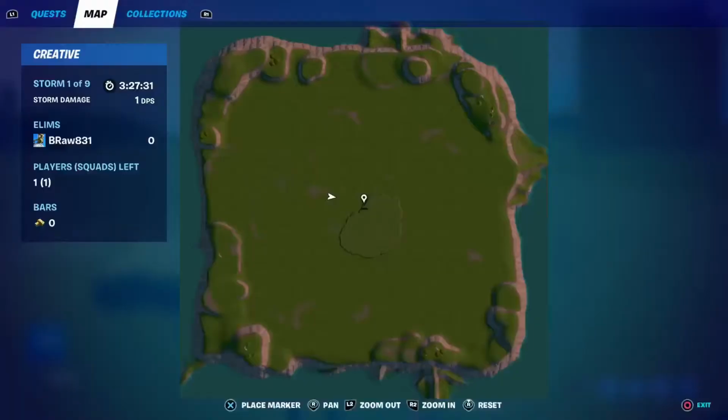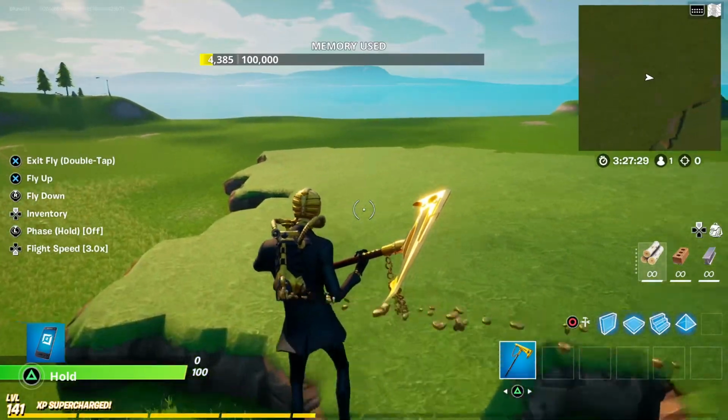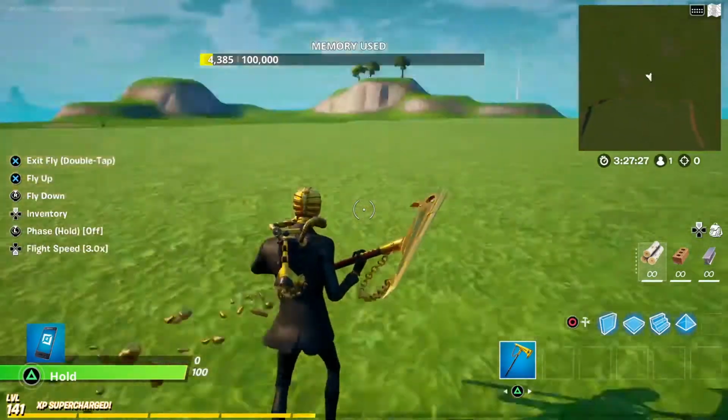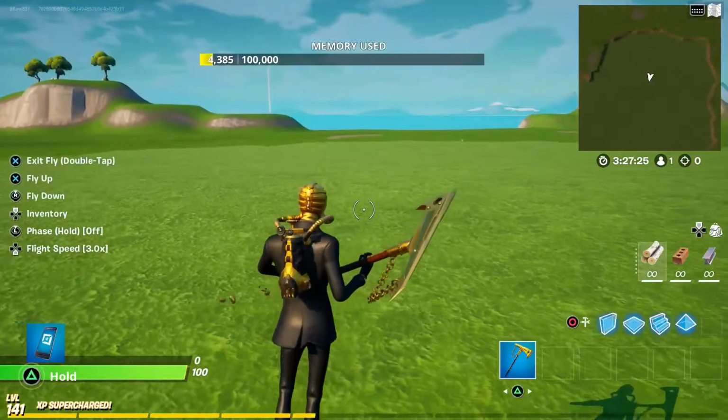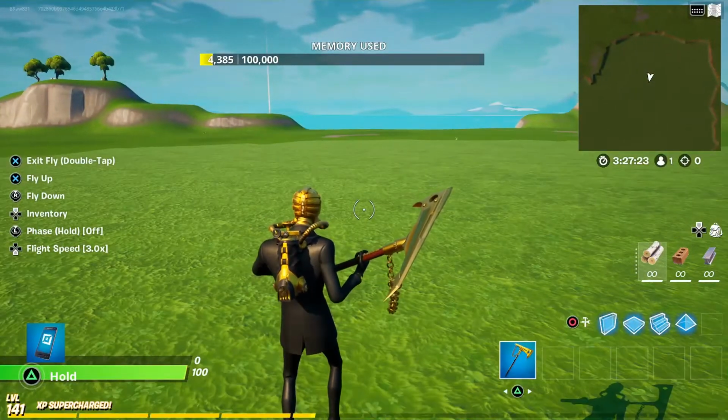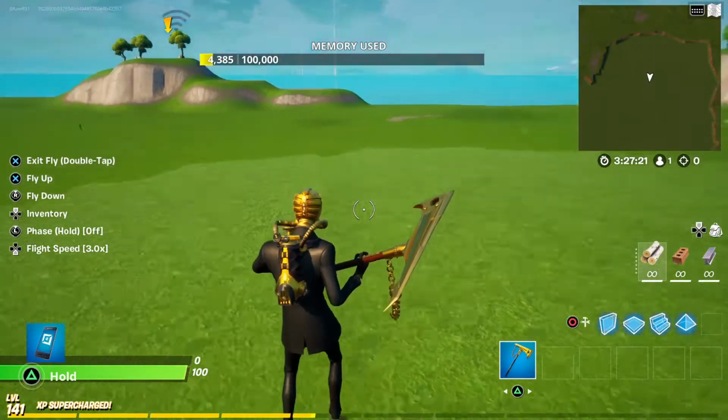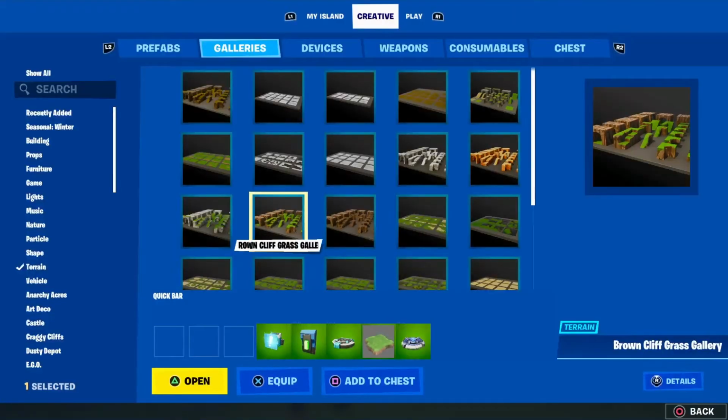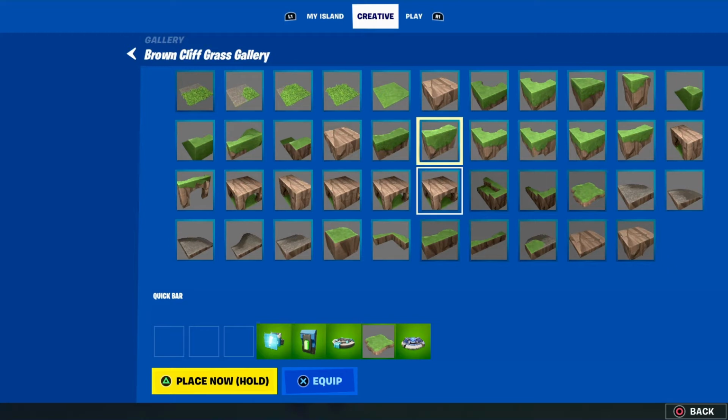But this isn't going to cut it. This isn't the best of custom terrain. This is just a flat line, which if you want, you could add trees and call it a day, but that's not how we do it on the channel. So, one thing we're going to do is go back up to the creative menu and open up the prefab gallery again, and you're going to want to take this piece right here and this piece